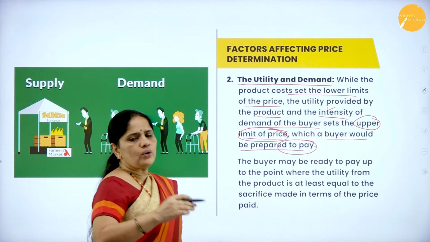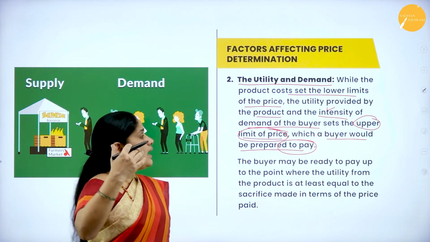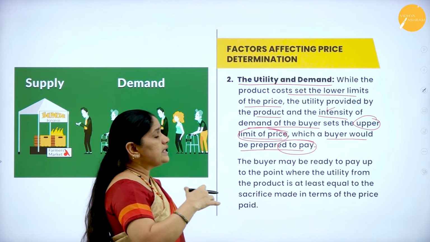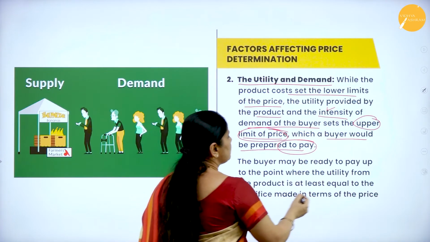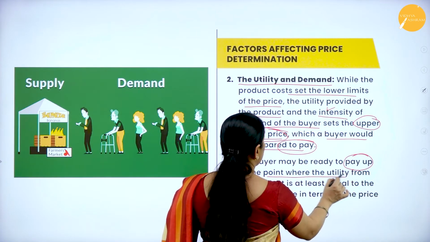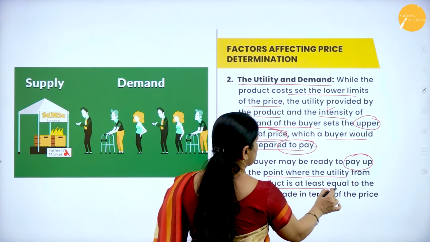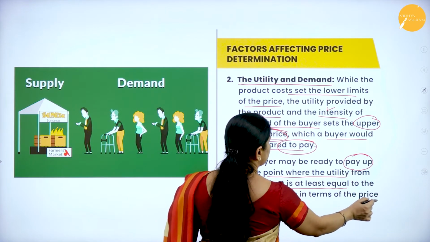So, the lower limit will be decided by the cost of the product, whereas the upper limit will be decided by the intensity of demand for the product. So, the buyer may be ready to pay up to the point where the utility from the product is at least equal to the sacrifice made in terms of price